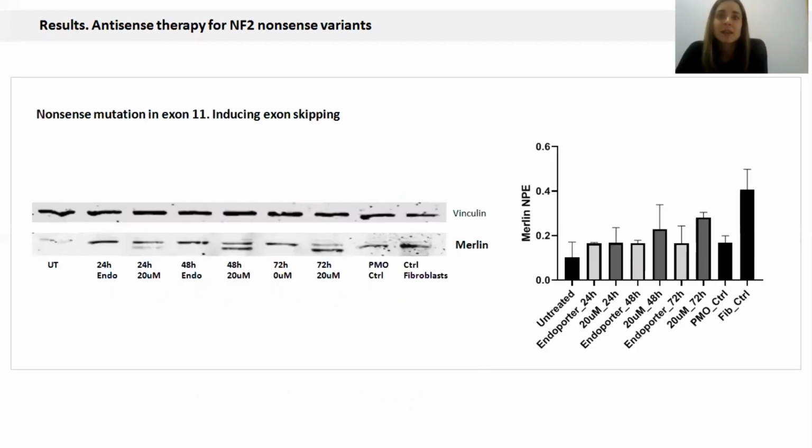And finally, when we look at the levels of Merlin, when we induce the skipping of exon 11, what we see in this case are 2 Merlin forms, one smaller with the skipping of exon 11. If we study the total Merlin levels, we detect a small improvement in the treated fibroblasts. We are now currently studying whether this form of Merlin without the exon 11 is functional and therefore could recover